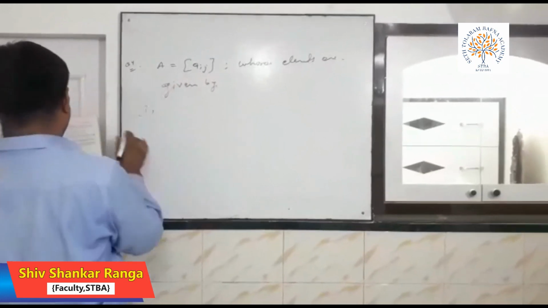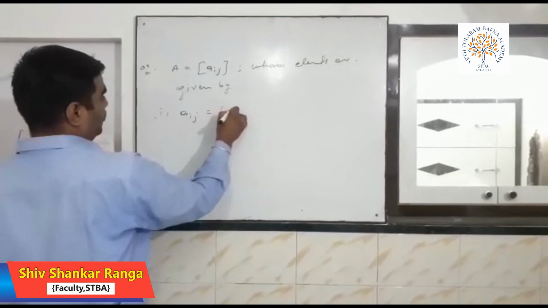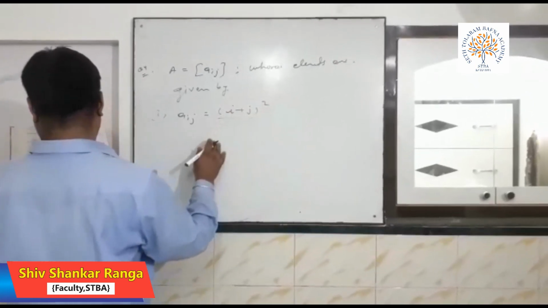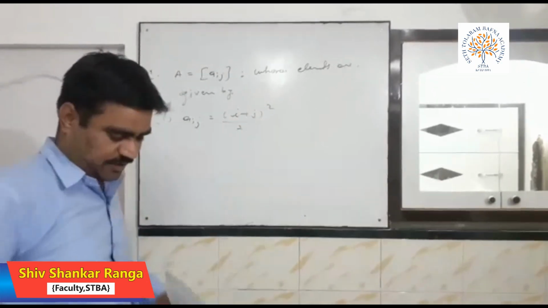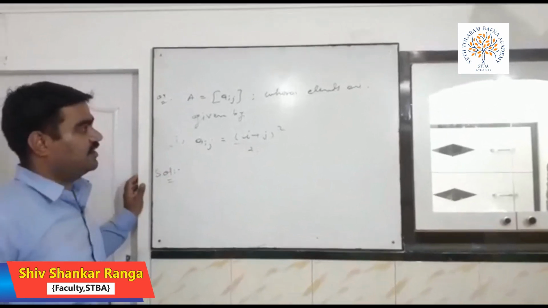First part: Aij is equal to (i plus j) to the power 2 by 2. Okay, solve. First of all, let